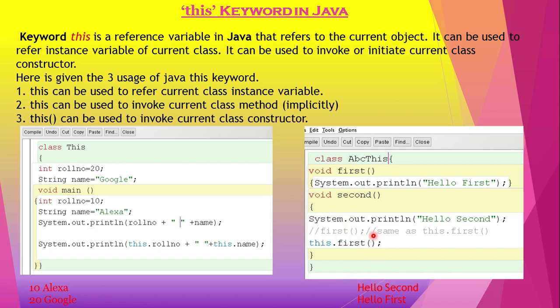This I told you, this is the method I am going to access. So program execution starts from here. Hello second printed. Now